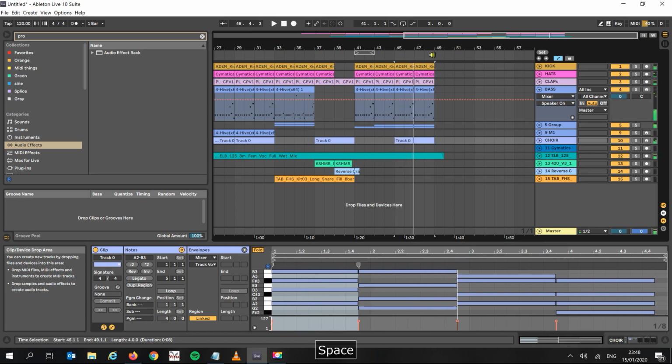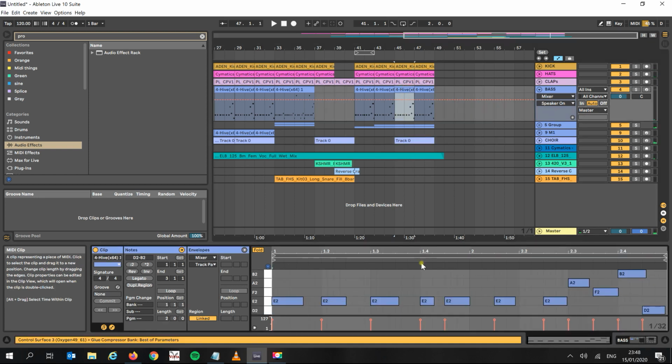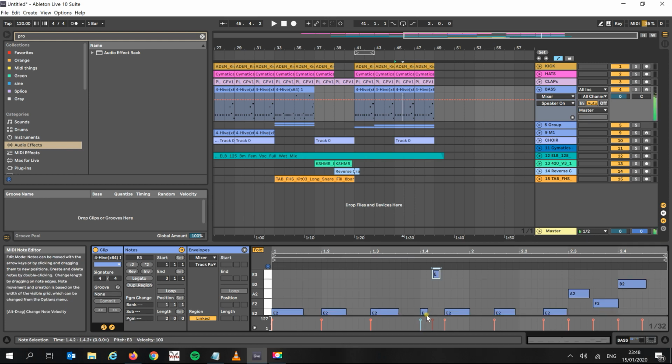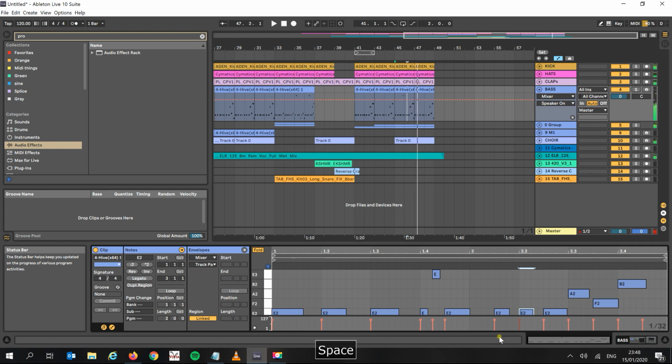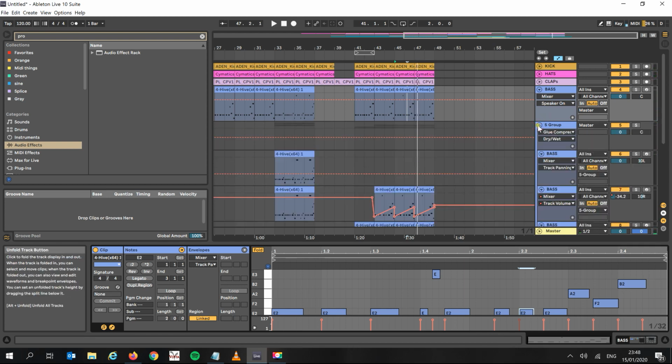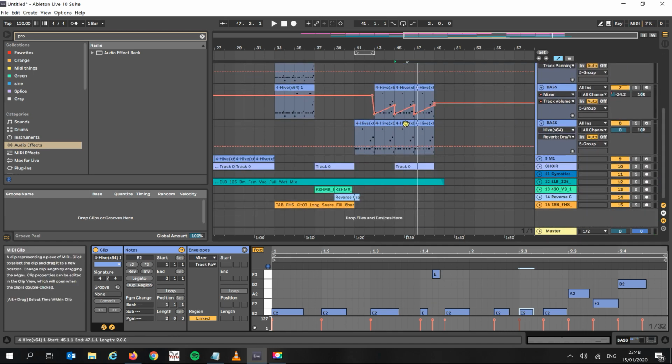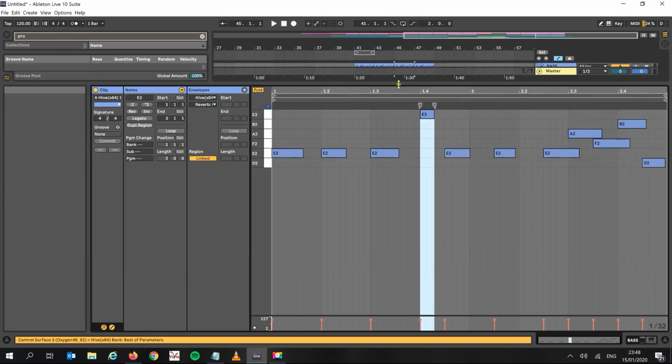The other thing is we just need a bit more variation here. Just going to go mental a little bit. Just make the notes a bit shorter and just repeat them. So that's there in that group. And just here we want to